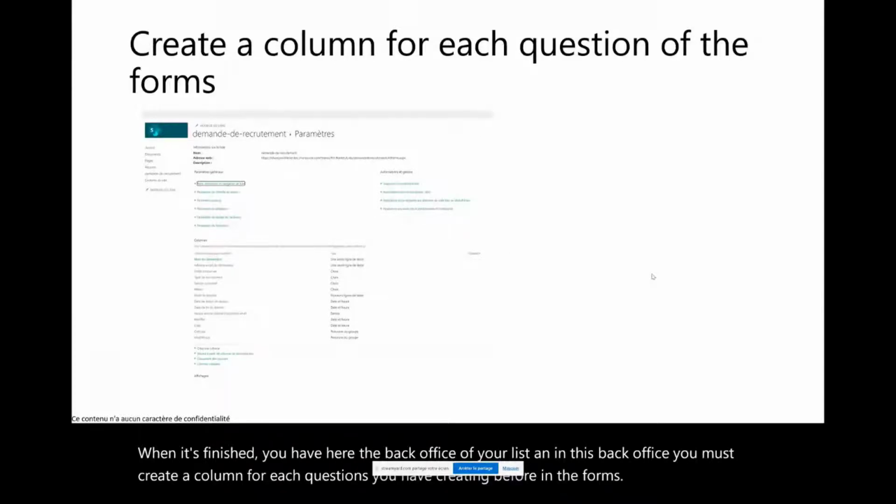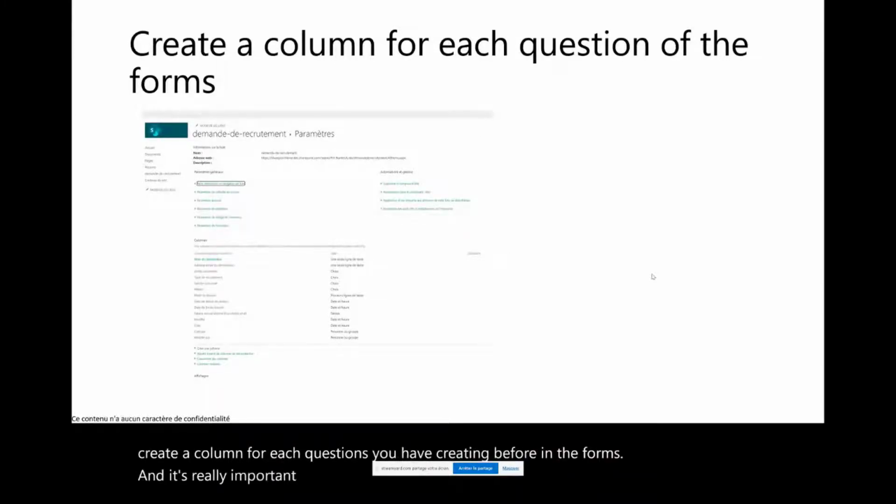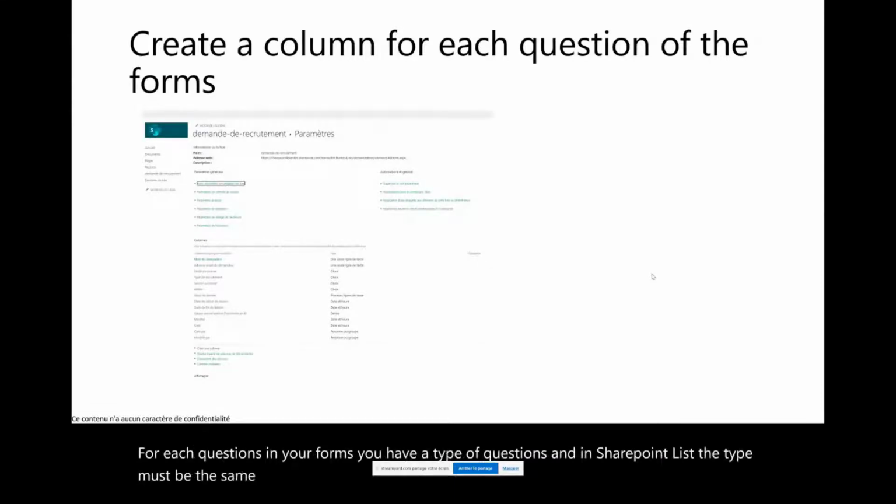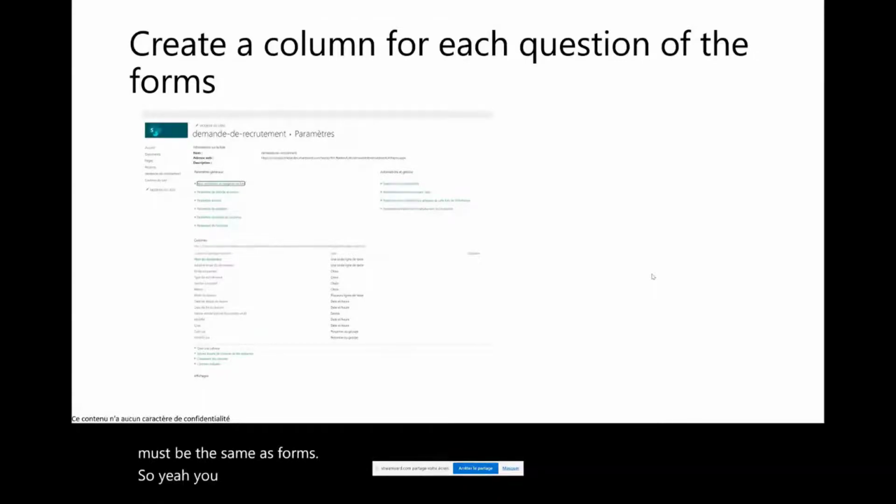It's really important that you choose the right type of column, because for each question in your form you have a type of question, and in the SharePoint list the type must be the same as in the form. So here you have an example of these questions, and you must add all the questions here.